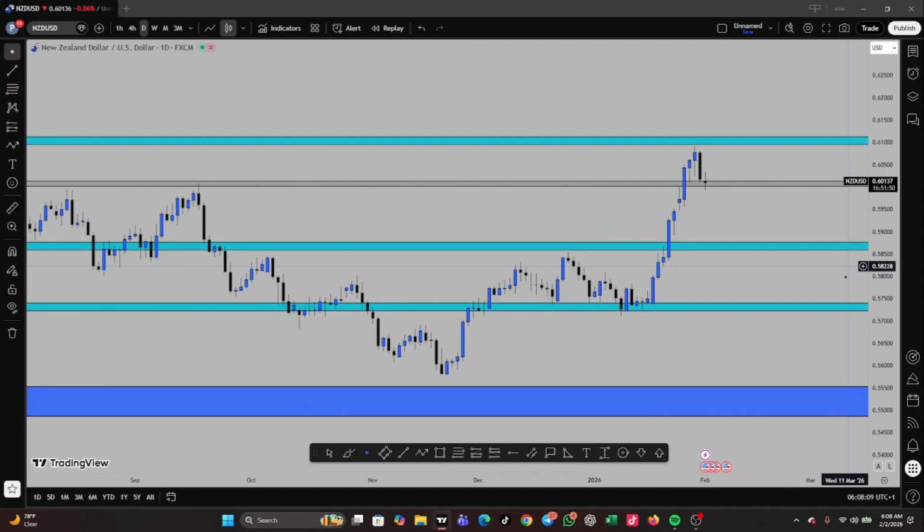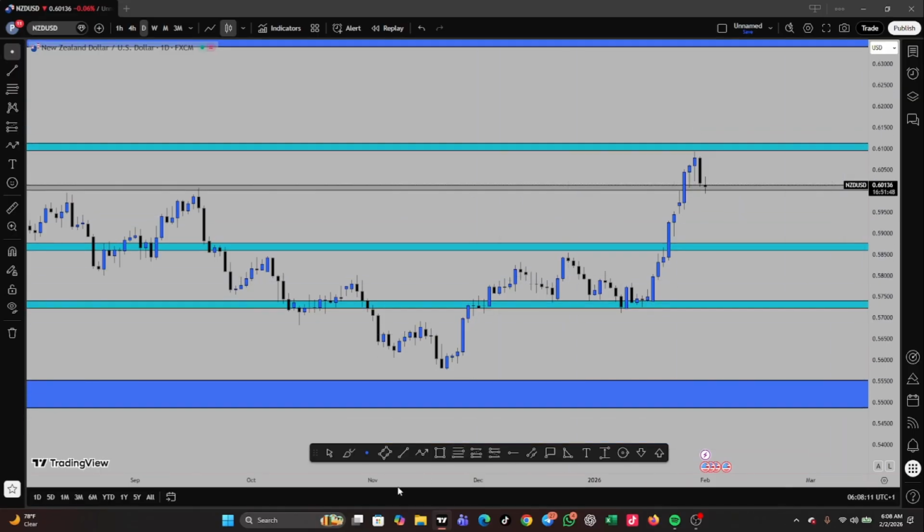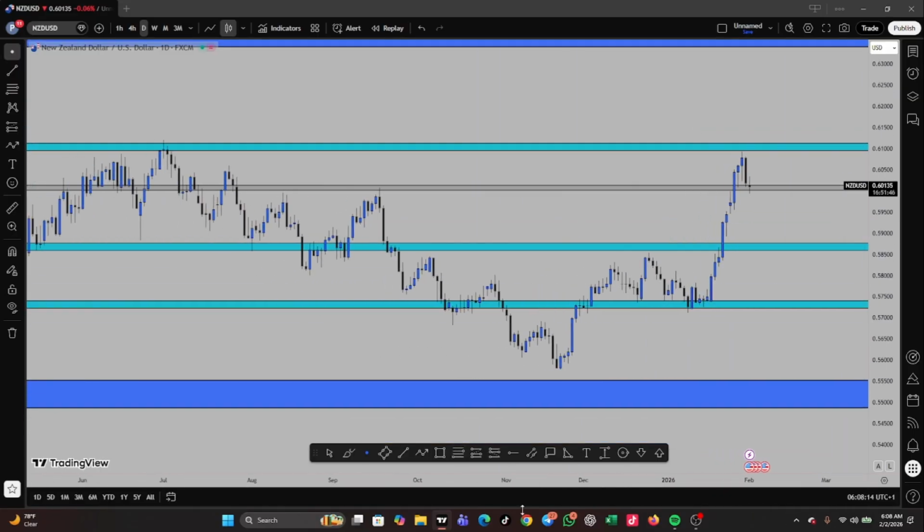With this kind of correction, I don't usually like it when price makes a little correction. I always want to see a very deep correction. So for this case, I'm not preparing myself yet for a trade on NZD/USD. Even when there is a confirmation around this zone, I will not be taking the trade because I do not